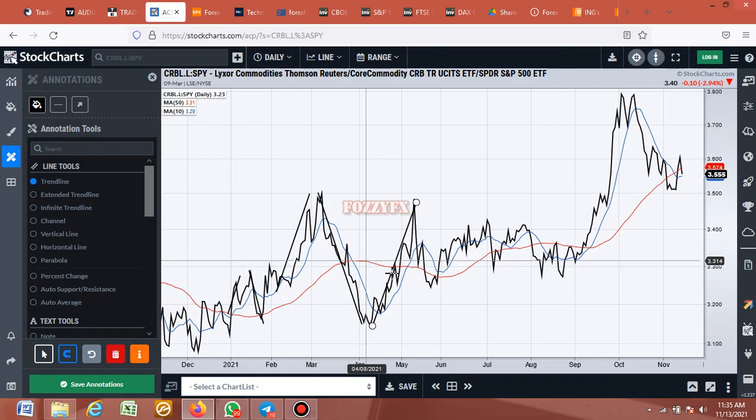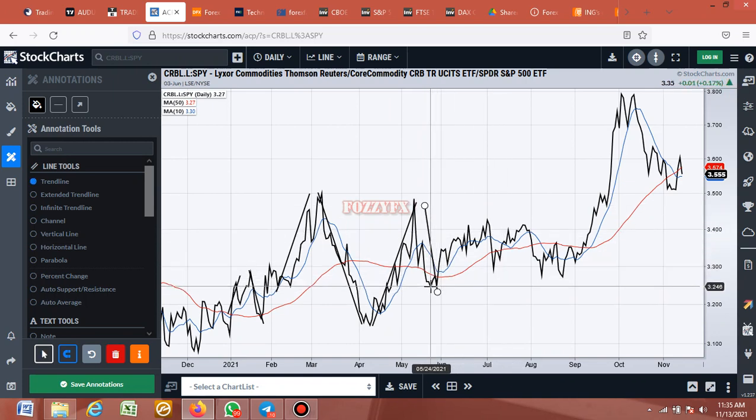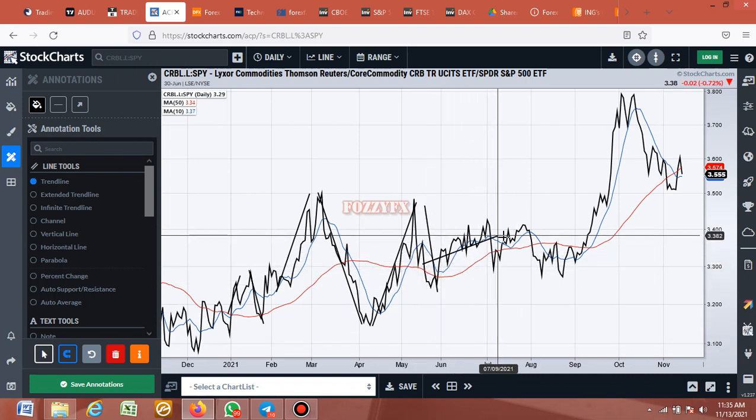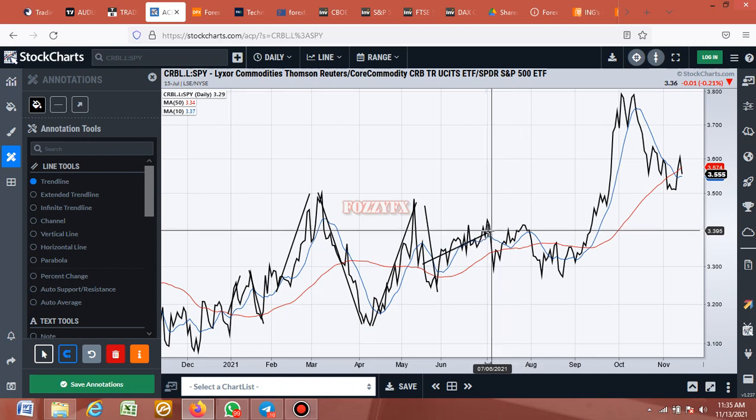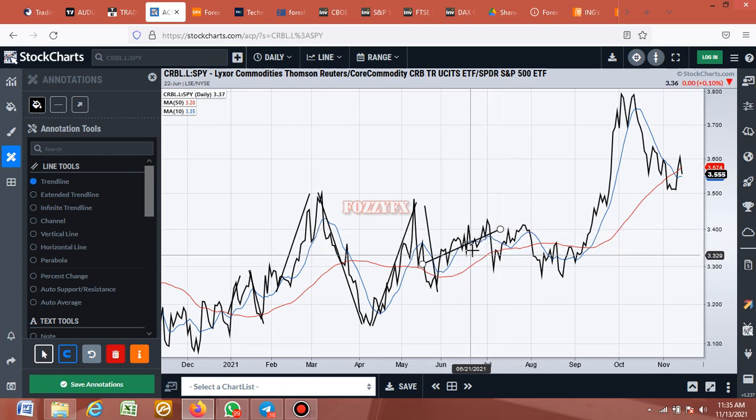Now if you look at it, we started seeing this bearish move in the month of May. We started seeing one or two bearish movements. Price started trading lower in the month of May. Then, as you could see in the month of June as well, price was actually ranging. Price was not really moving very well. You could see that price was just hitting the blue moving average line, just coming inside, going outside, just like